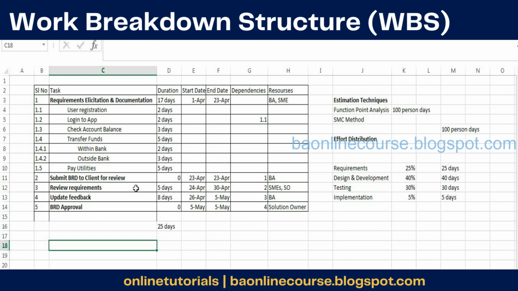For example, you have added user registration here. Registration means the current existing functionality is like this, and to-be, say 80-20%, 20% of changes are needed. So based on that, how many days will he take, right?